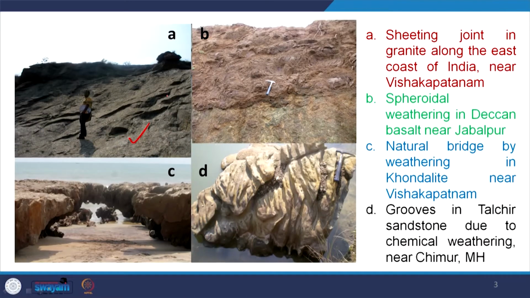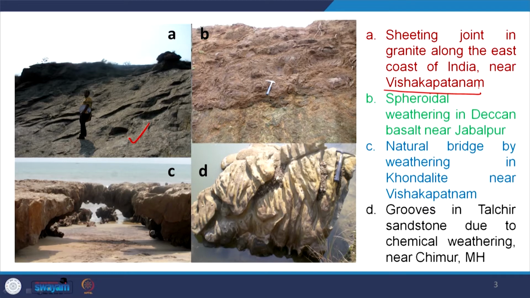So, to explain all those things, let us consider again four photographs. The left hand side photograph is part of our Indian continent, the east coast of India near Visakhapatnam. It is granitic rock, an intrusive rock, and we know intrusive rocks form at considerably higher temperature and pressure some kilometers below the earth's crust, and once they reach the surface they are not able to withstand the reduced temperature and pressure. That is why they try to weather.